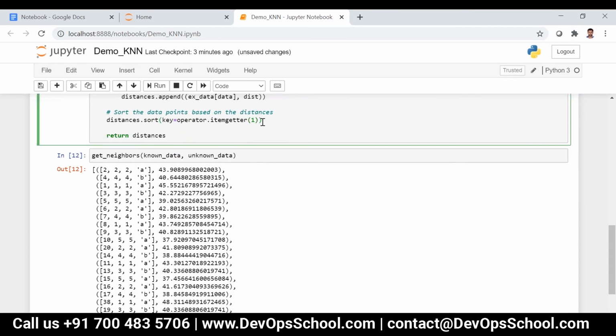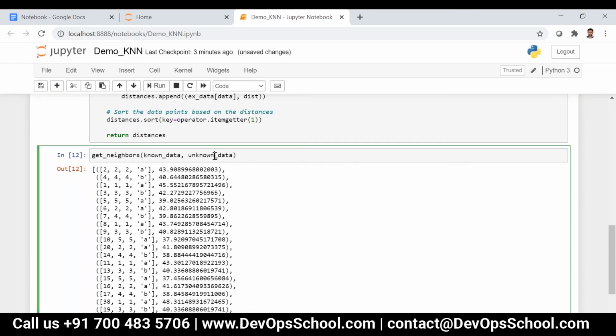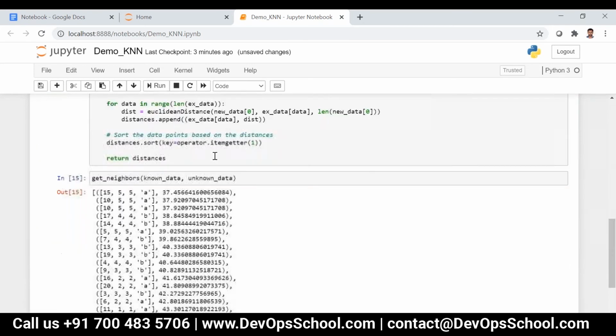This will sort in ascending order by default. Now if I execute, you can see like this: 37, 37, 37.9, so 38, 38, 39, 39, like that.